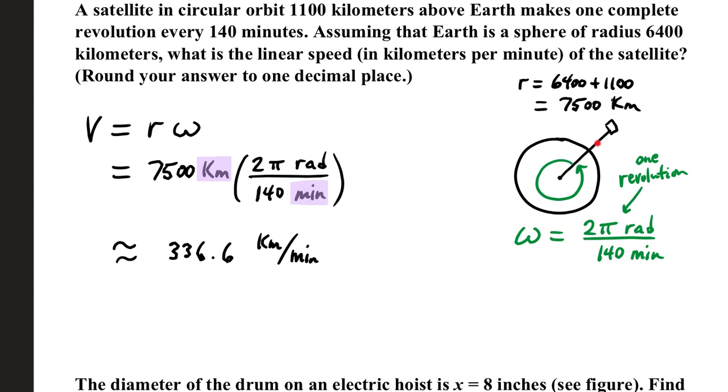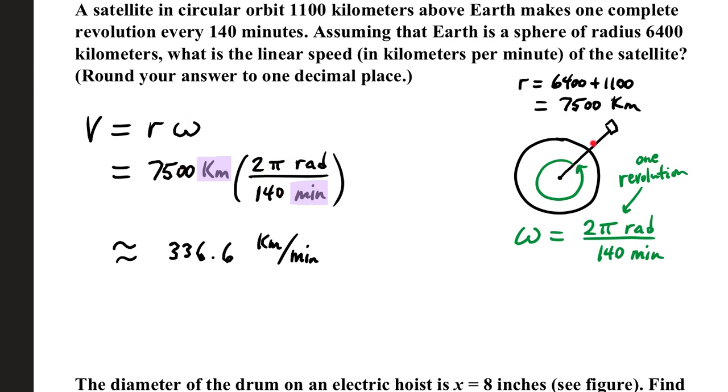Okay, so we have 6,400 kilometers to just get to the edge of Earth atmosphere, another 1,100 kilometers to get to the satellite. So our total radius is 7,500 kilometers. The satellite is orbiting 1 revolution in 140 minutes. One revolution is 2 pi radians in a 140-minute time span. I didn't worry about reducing this because we want to know the radius times the angular speed,